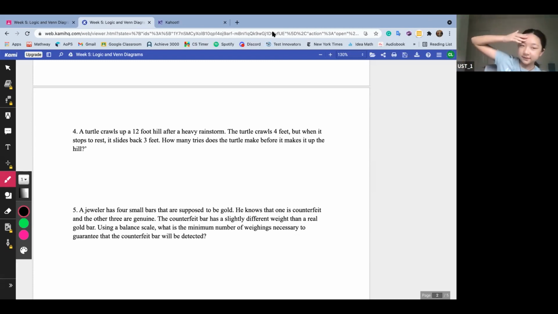Okay, so a lot of people tagged me the answer, and I think a lot of you guys are getting confused with this, so I'm going to explain it. So yes, every time it makes an attempt going up, it only ends up going up 1 foot. So technically, it would go up 12 times because each time the turtle goes up 1 foot. But actually,